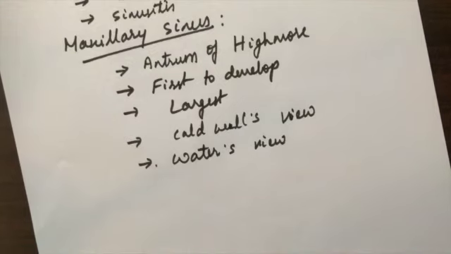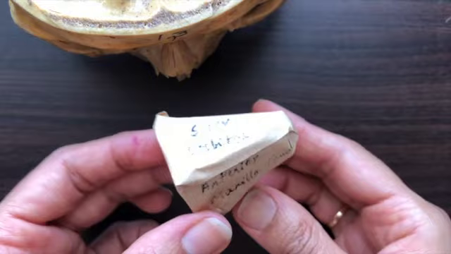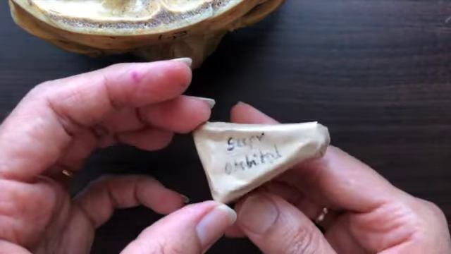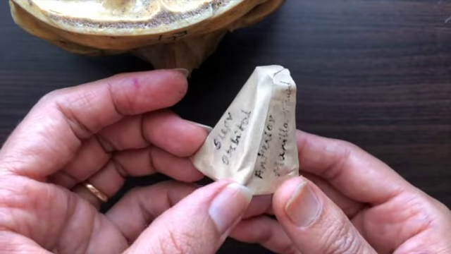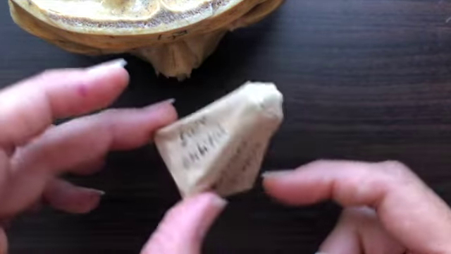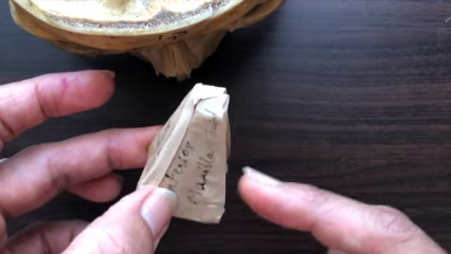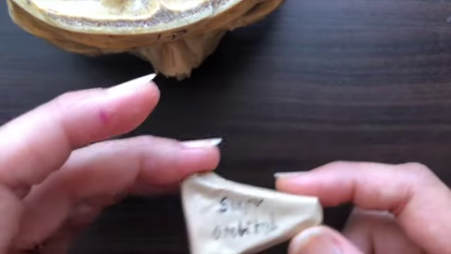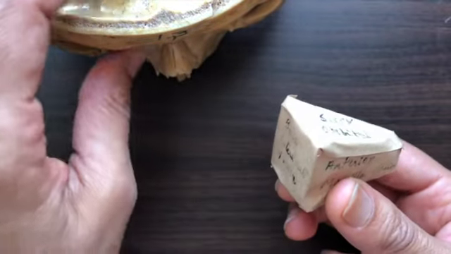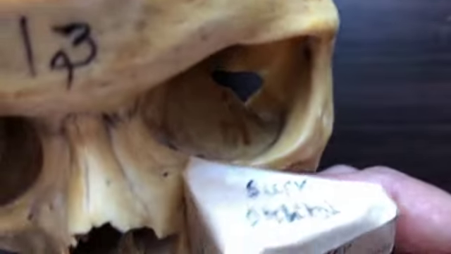Just a few tips to remember about the maxillary sinus. This is a small prop to understand the surfaces of this pyramid, assuming that this is a pyramidal structure, which is what the maxillary sinus basically is. We have 4 surfaces: superior, anterior, inferior and posterior surfaces, and a base for this pyramid, and this base corresponds to the lateral wall of the nose.